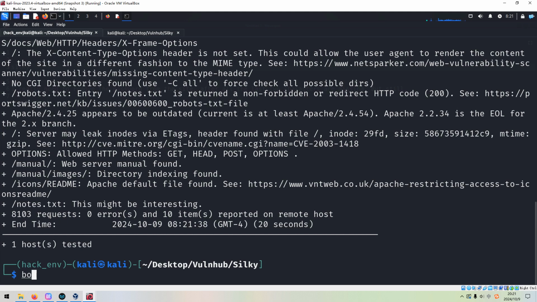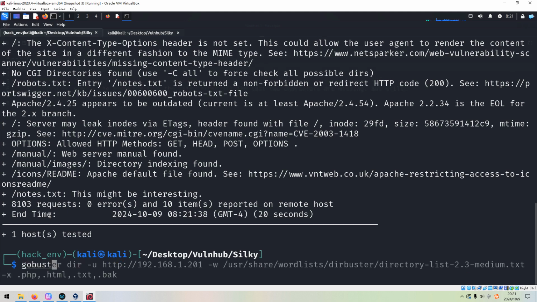Next we can launch Gobuster to do the directory enumeration. We can use the -u option to specify the URL, and the -w option to specify the word list. I always use the Gobuster word list. And we can use the -x option to specify the extensions.